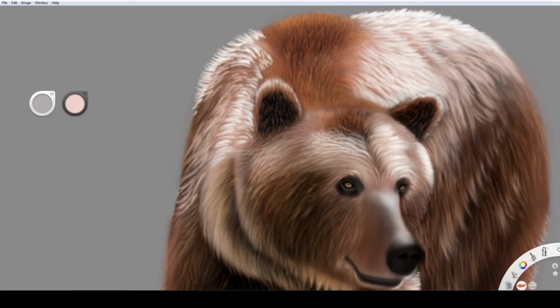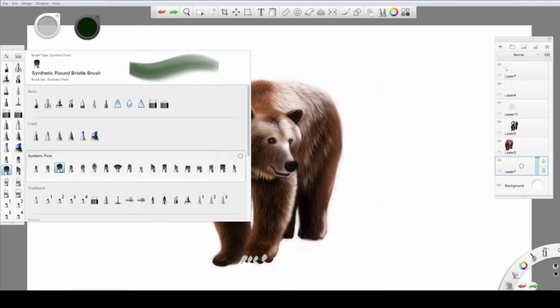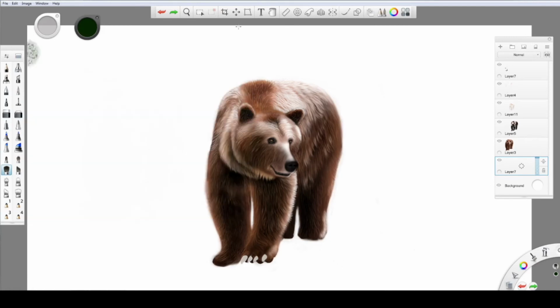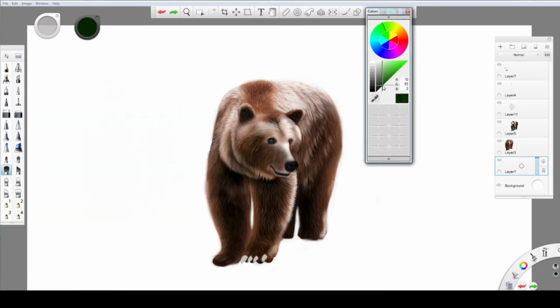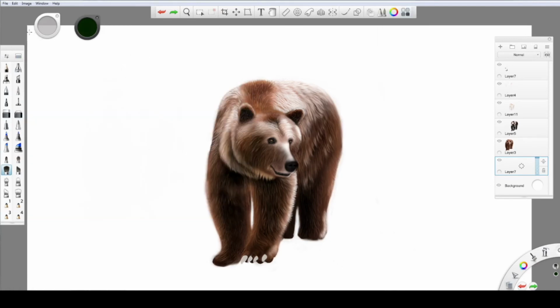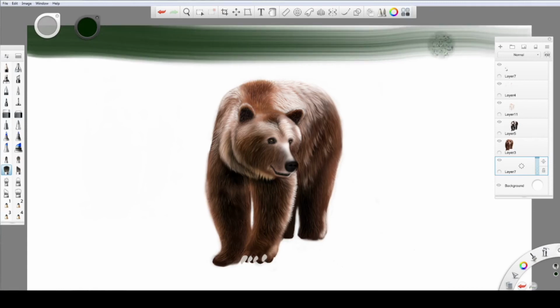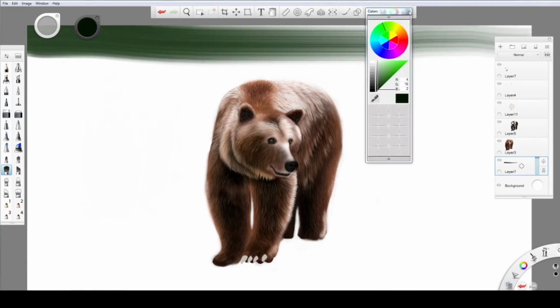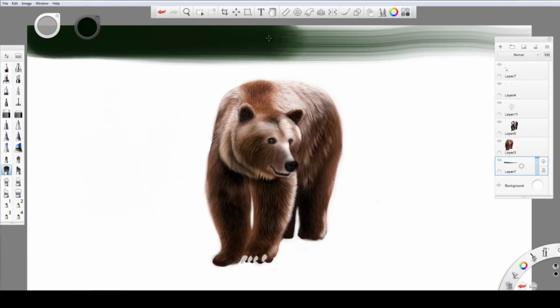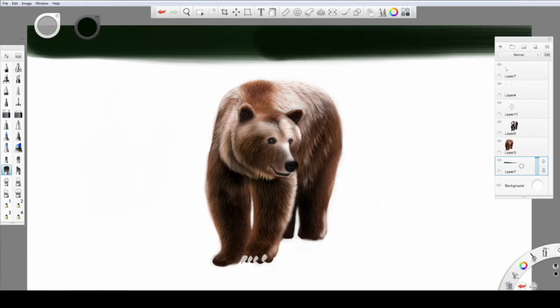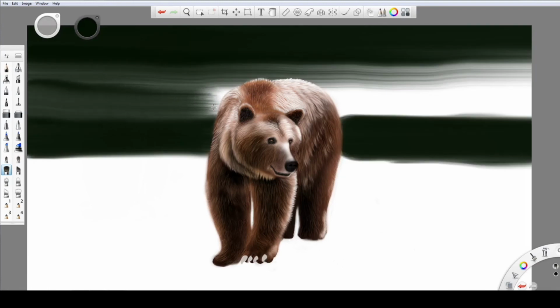We'll start with the background. Using a synthetic round bristle brush to cover a large area faster and keeping the size of the brush big. I have formed a new layer for the background and kept it at the last.